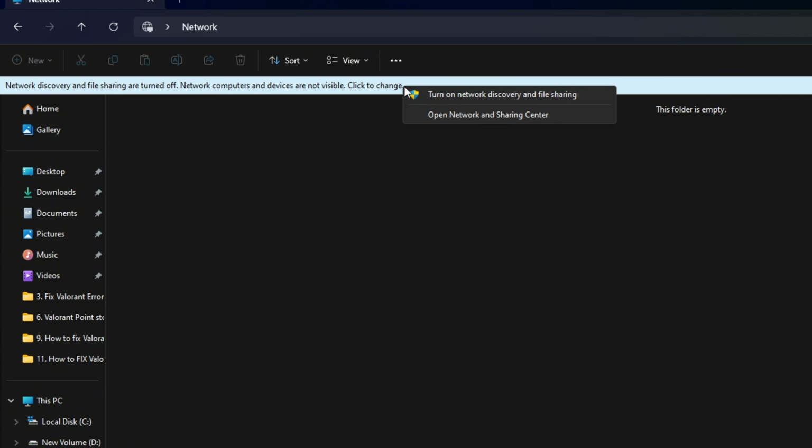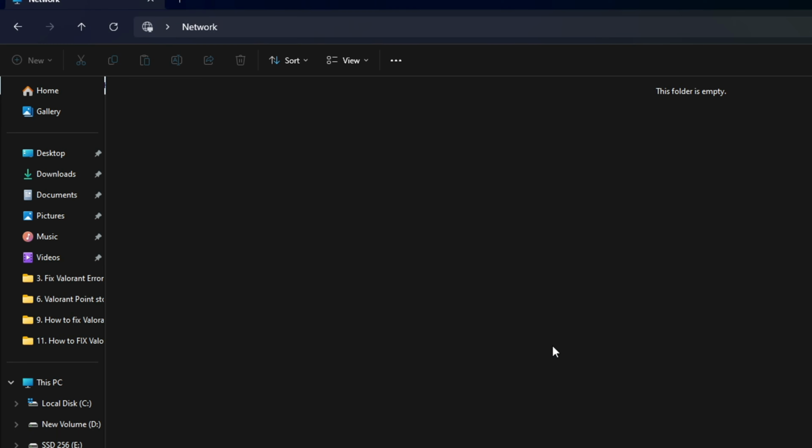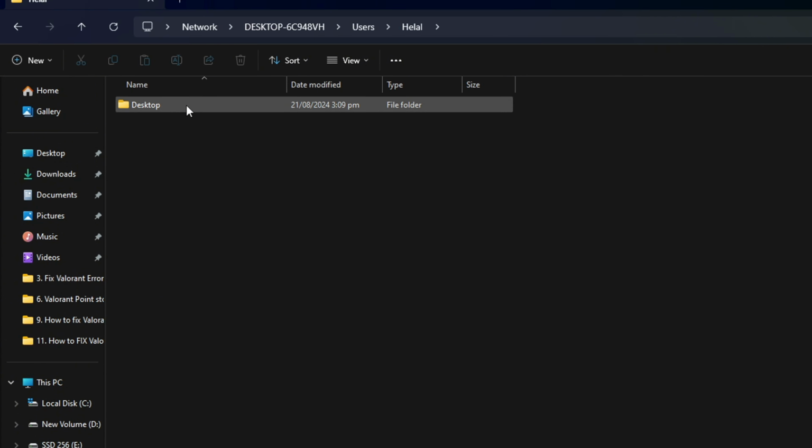To turn it on, click on this banner. Then select Turn on Network Discovery and File Sharing. And as you can see, the shared folder is now available. All that is left for you to do is copy the files from here and paste them into your designated folder. Now later, if you want to stop sharing the folder,